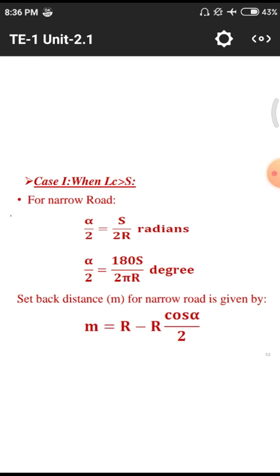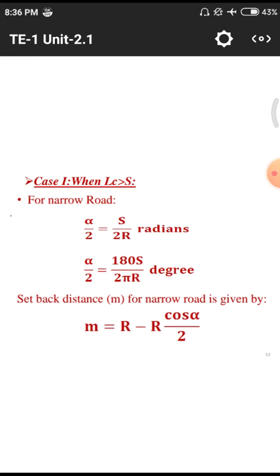In terms of radians and degrees: alpha by 2 equal to s by 2r. In degrees, alpha by 2 equal to 180 s by 2 pi r. Next one, the setback distance in terms of meters: m equal to r minus r cos alpha by